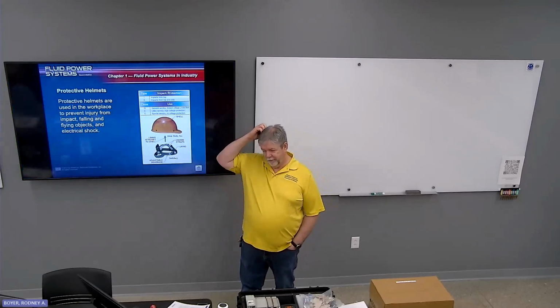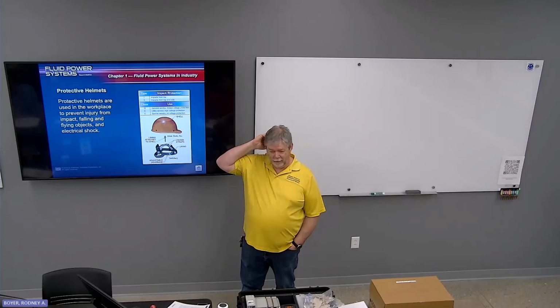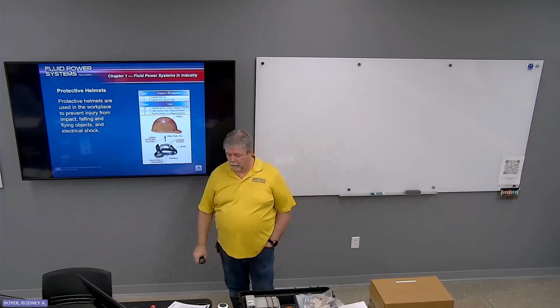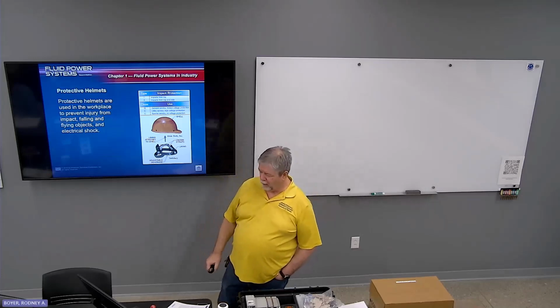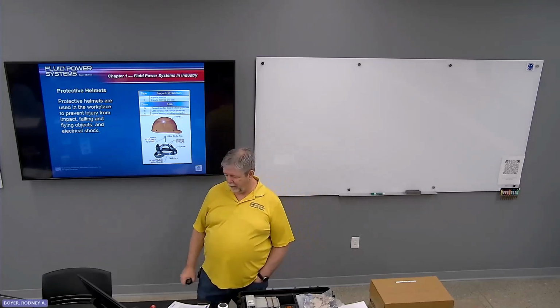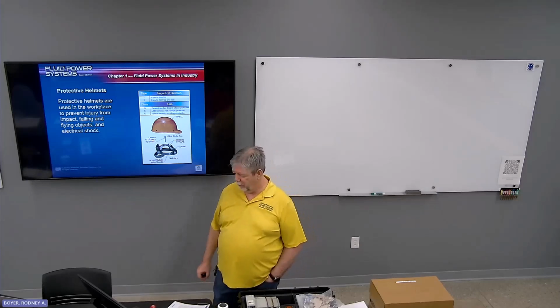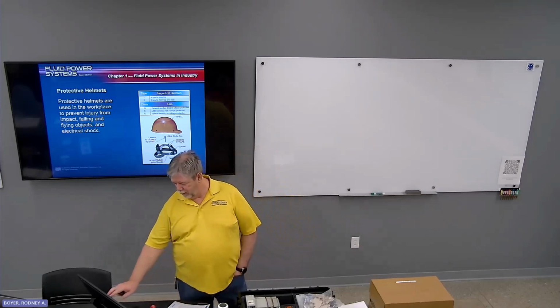Protective helmet, 2 types. 1, impacts from the top. 2, impacts from the top and the side. Protective helmets are used in the workplace to prevent injury from impact, falling, flying objects, and electrical shock. It depends on the helmet whether it will protect against